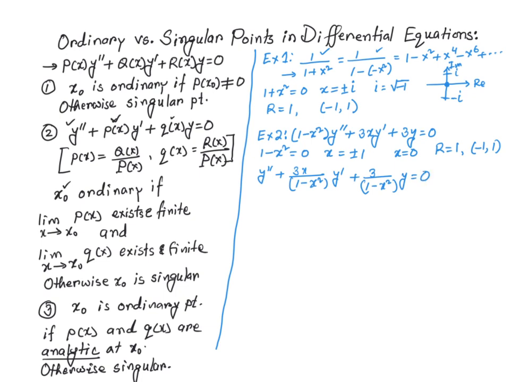Now we know that the singular points are 1 and negative 1. So let's go ahead and do the following. I'm going to multiply this guy